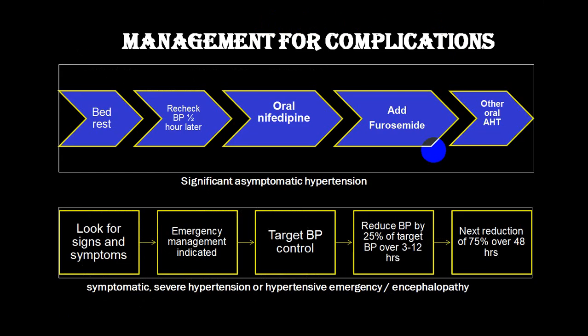Depending upon the different stages, different things are advised, as shown in this diagram. In an early stage: bed rest, look for symptoms and signs, and have regular checkups. If the person starts developing hypertension, the most commonly utilized drug is a CCB, nifedipine, and you add a diuretic because of volume overload and sodium overload. Later on, when the antihypertensive does not work properly, you might have to add other antihypertensive drugs.